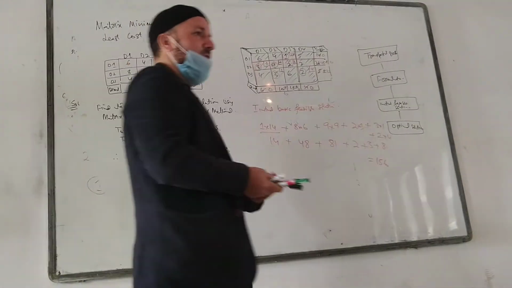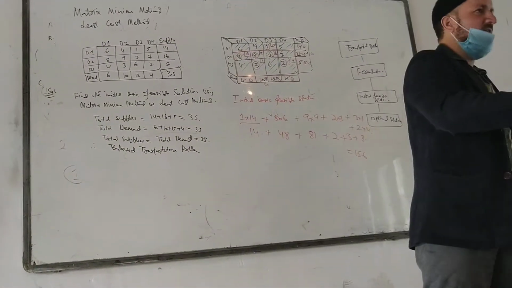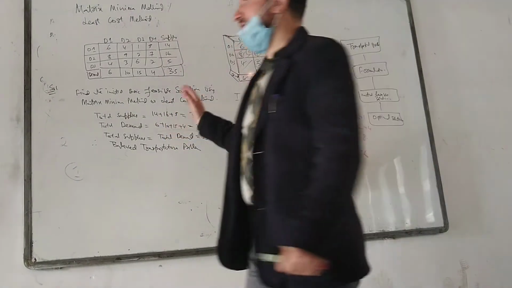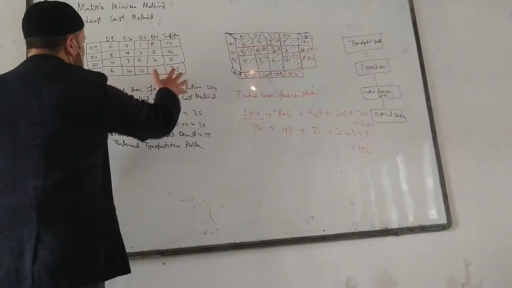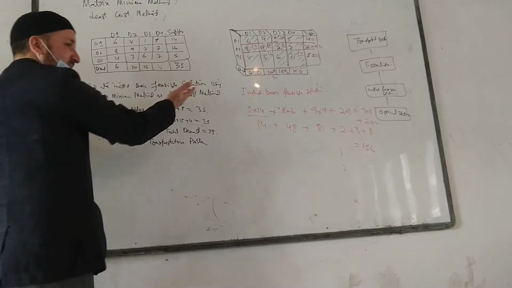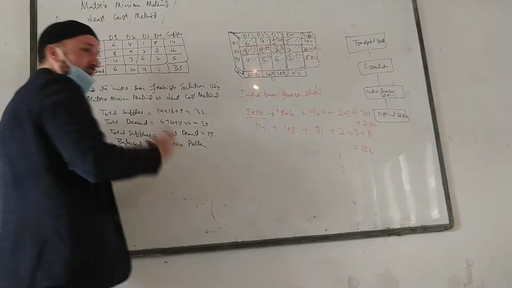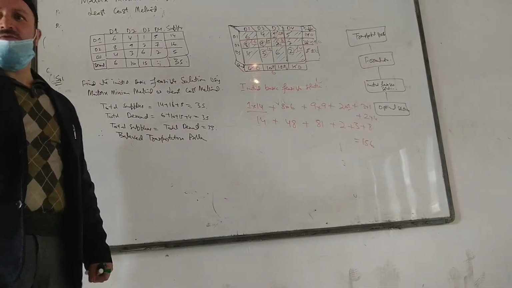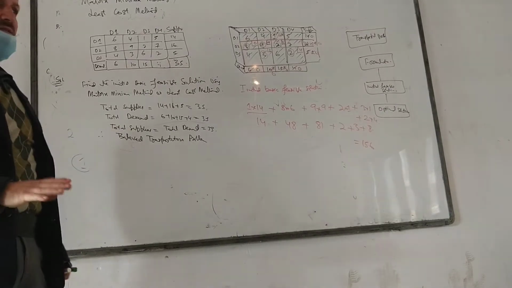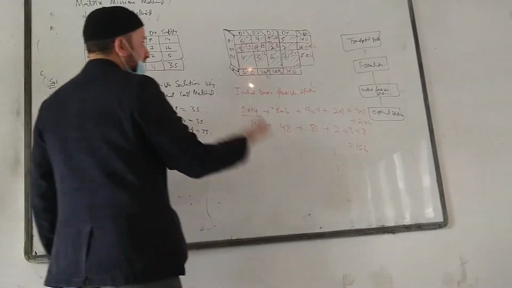I will run it again for you. You will write it, but just listen first. See here, what I am doing? First I see whether the supplies and demands are the same or not. Are they equal? If they are not equal, then I will do one more step, that we will do tomorrow, if it is unbalanced. Now if it is balanced, it is nice.